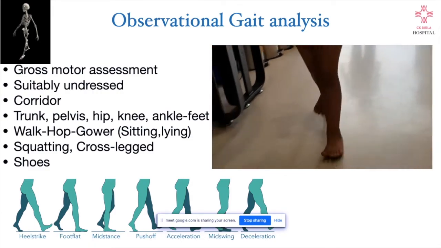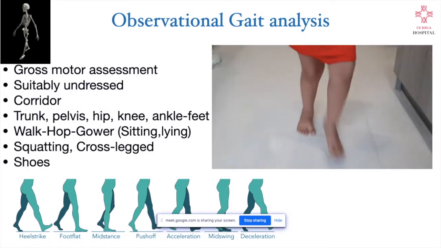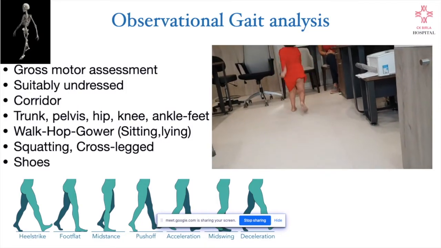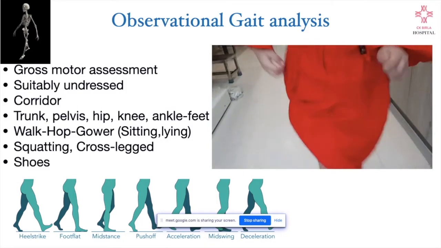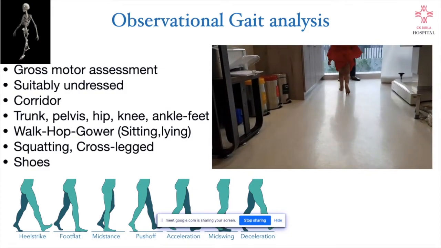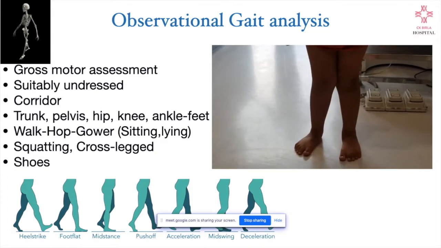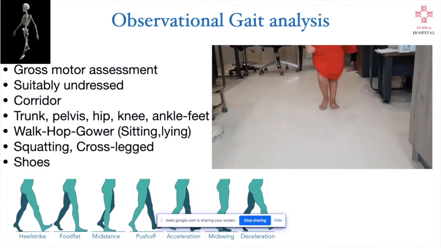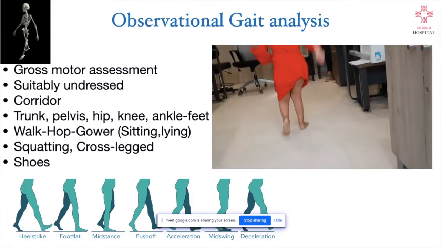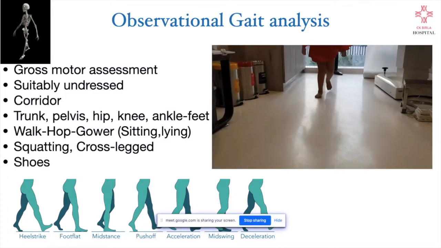If the knee is touching, then you can also assess what is the status of the heel, whether it's touching or not, whether the child is toe walking, whether there is a rotational problem, whether the child is walking with in-toeing or out-toeing. Then by examining the child walking, you also get an idea of the trunk power, whether the pelvis is level or not, whether there is any swaying of trunk, whether there is a spinal deformity.